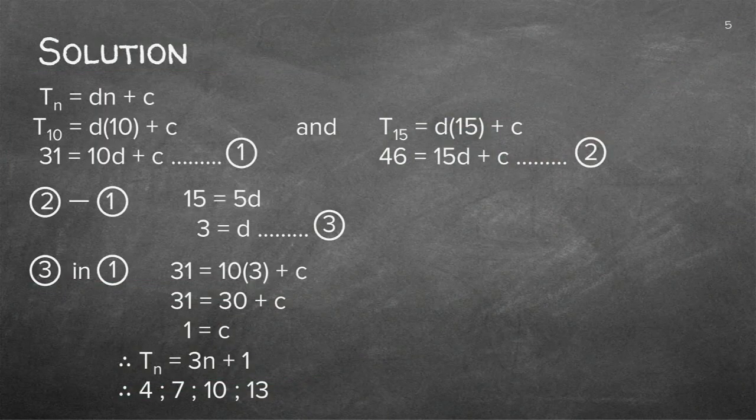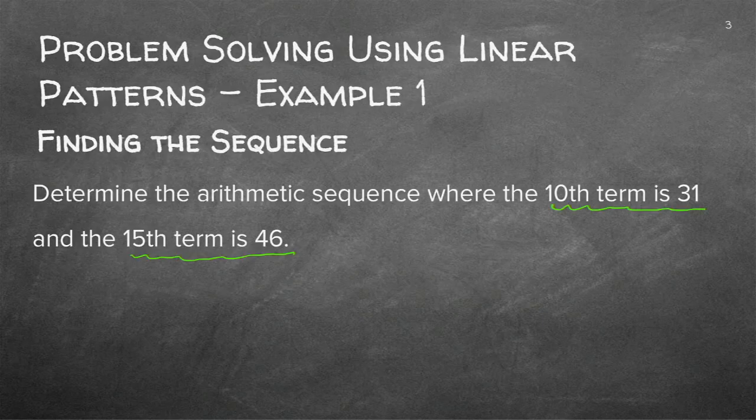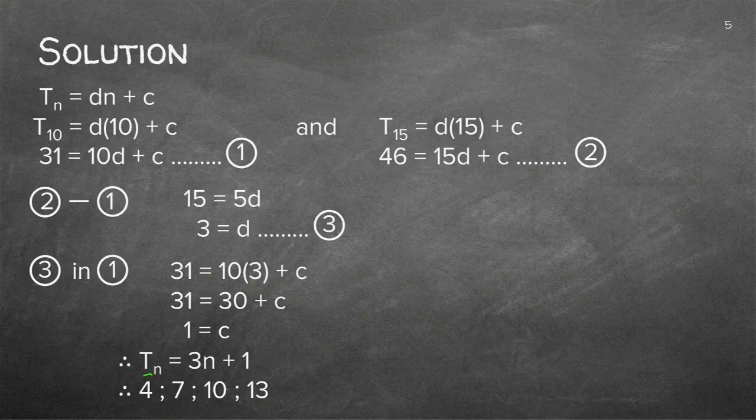Actually, maybe we did not read the question. Let's just quickly go back to the question. They did not just ask for this formula. They also asked for the sequence, because I saw now there in the answer. So once we've got that formula, the formula was 3n plus 1. Now I can write down the sequence. And we normally only have to write down the first 3. It depends on what they're asking. If they say write down the sequence, we can write down 3 and we can just make dots there to show that it does carry on.